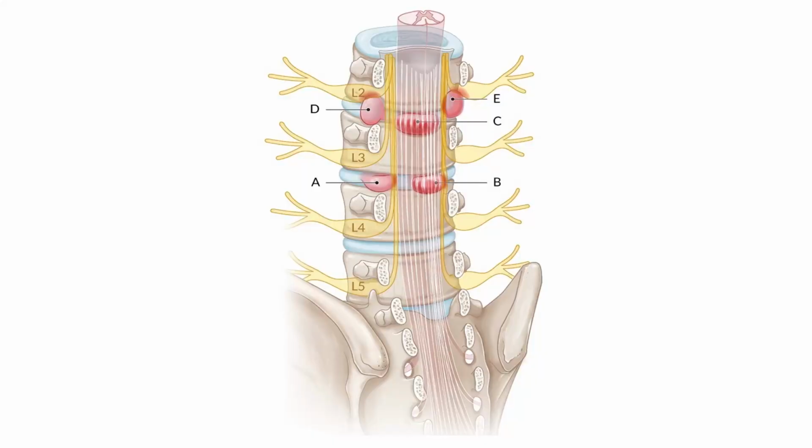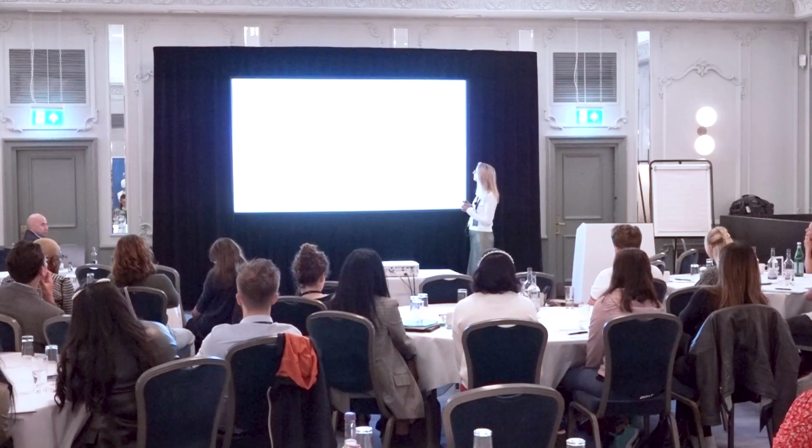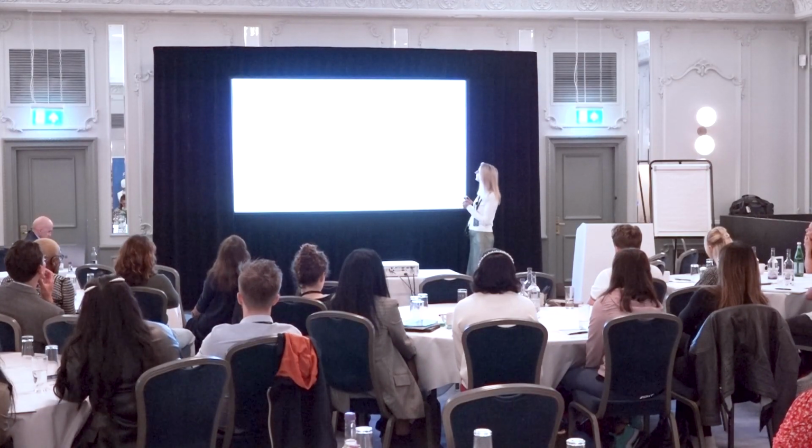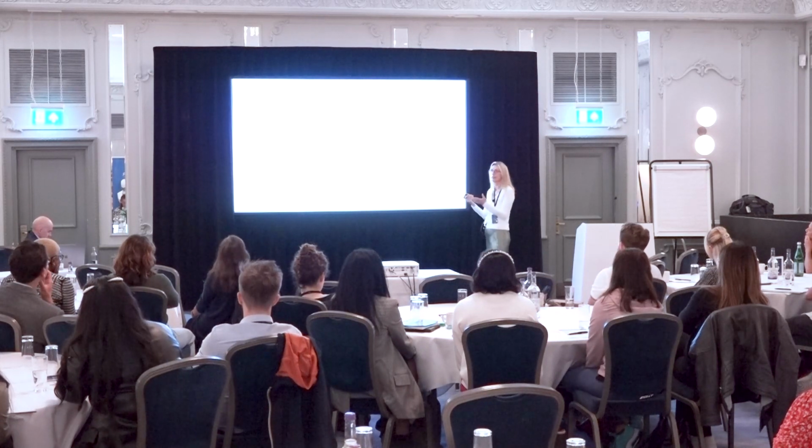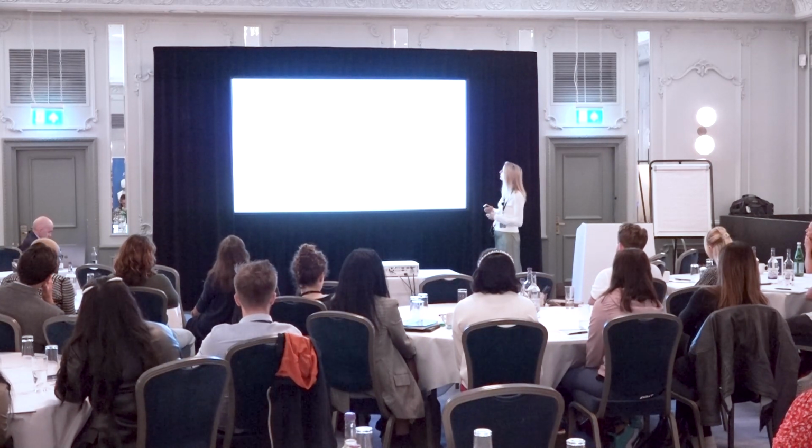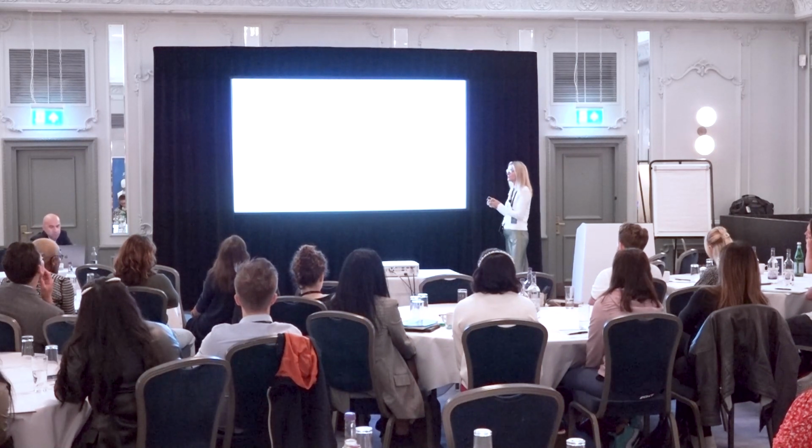So this is just showing you where these discs occur and how they affect the nerve roots. If we look at A, this is L3 and that's L4, and you've got a subarticular disc. It's going to affect L4. If you have an intraforaminal disc where you've got D, it's at L2-3, it's coming laterally, so you're going to get L2. And so you can see, just by the position of the discs, it's important to see which nerve